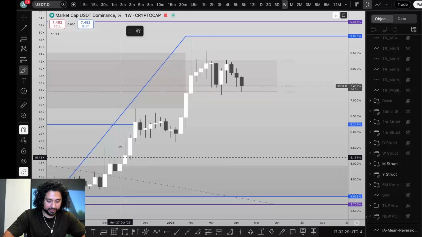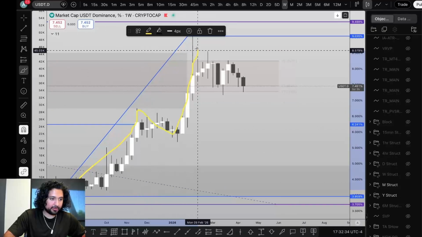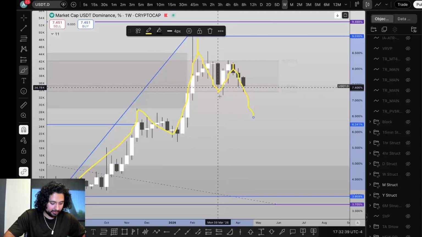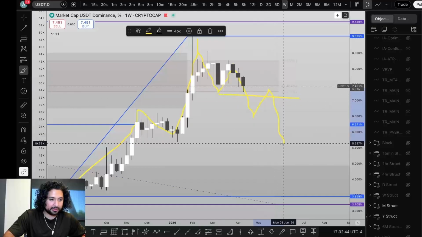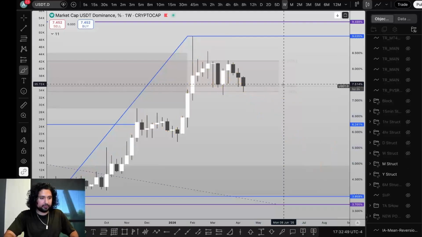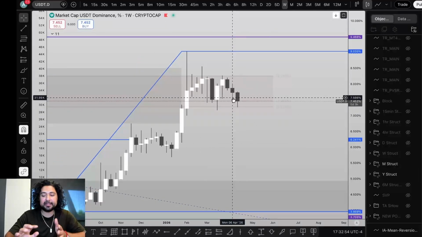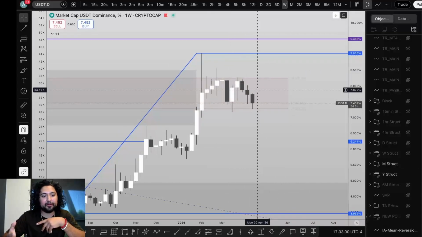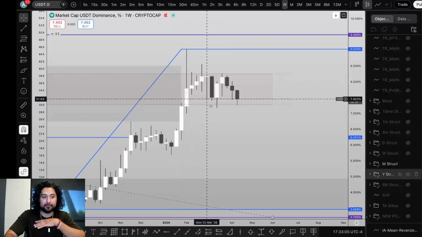we are seeing what? Boom, boom, continuation. But right here, we're getting an M formation. So hopefully we get that break of structure right here. The retrace continuation, and then maybe a W formation and get out of here. But we haven't confirmed that yet. And this is where I'm putting the weight of this M formation, because it's inside that yearly bearish Fibonacci zone. So there should be a big reaction out of here,